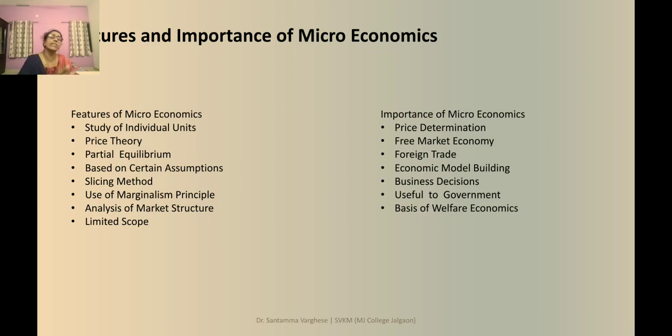When we say that perfect competition means there are a large number of buyers and sellers selling similar products, there is great competition with each other. Monopoly means only one seller is there. He has the monopoly over the products. Monopolistic means a few sellers are there. They are selling different products. Oligopoly means few sellers are there.